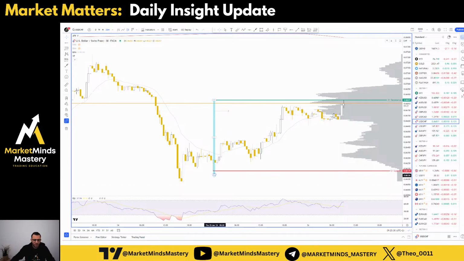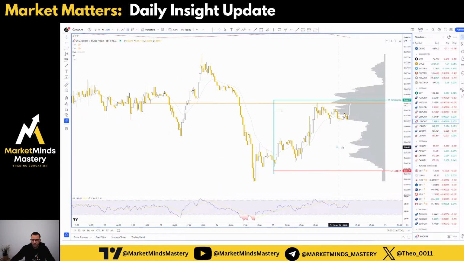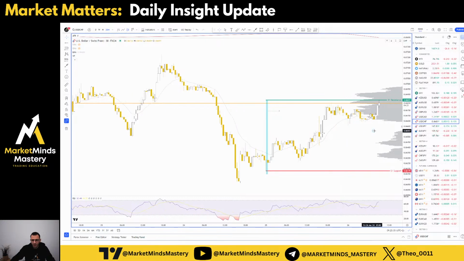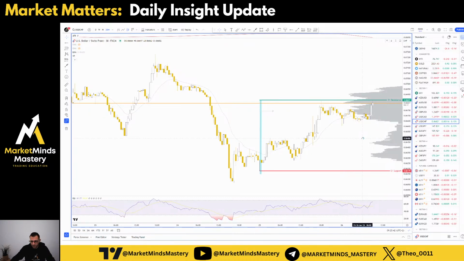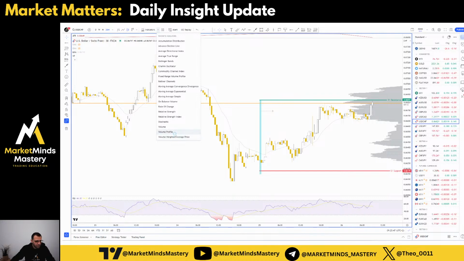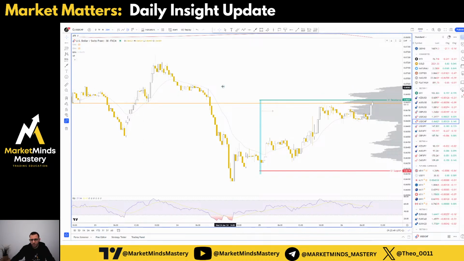So here is the beginning of the day. If you use some kind of volume profiles, now I do not trade the volume as a standalone. I just use it on a 30-minute time frame only, and it's the free indicator. I think that's a volume profile free indicator from TradingView. Now the market is at an area of significant activity. You can see the volume exceeded all the previous lines.